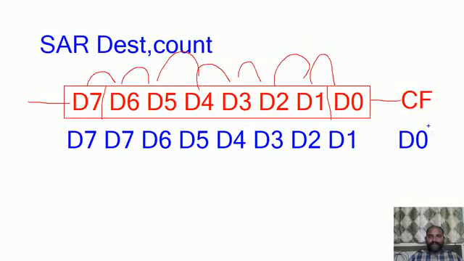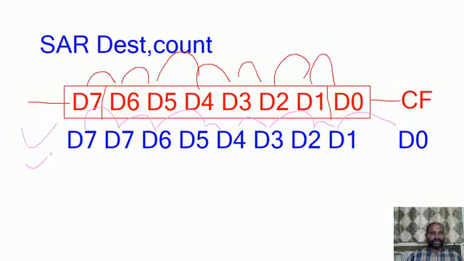Now if I perform one more right shift operation, D7 is going to be written as it is. Let me take the pink color. I'm going to take the same number, and the second time I would like to perform the right shift operation. As I said, the MSB is going to be copied to the next bit position, and from there to the next bit position, and so on, until the last one goes to the CF.